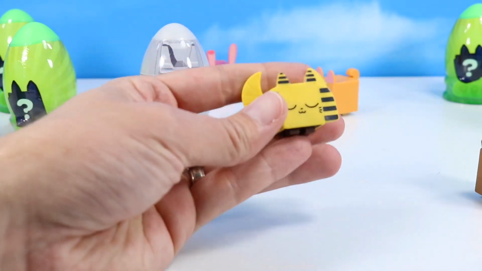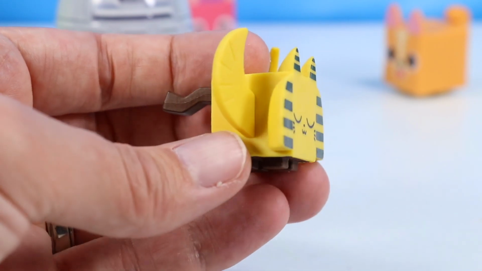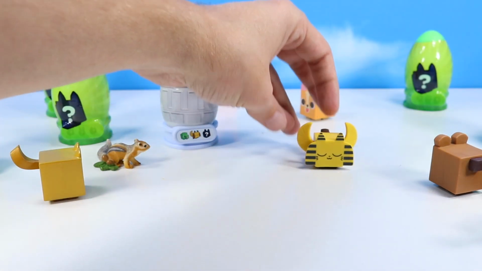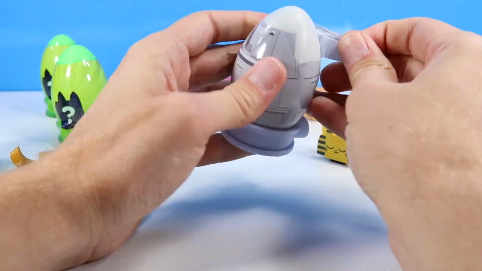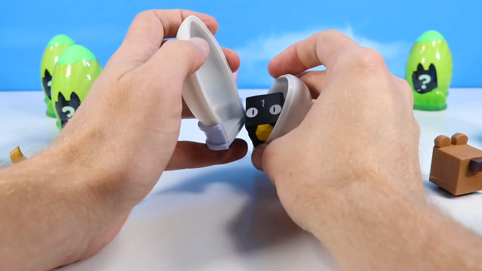Kind of fancy though with the extras. The oversized faceplate there with the striping of a Sphinxy Kitty, pointy ears, little wings coming out, and a tail. So a pretty nice little feature. And it looks like it's resting comfortably with its eyes closed. Our second death egg reveals what in the...